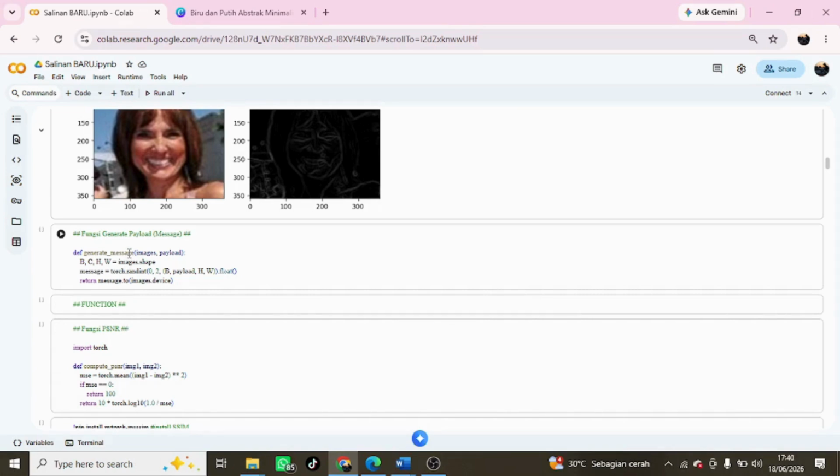This function produces a binary tensor whose dimensions depend on the batch size, the payload size used, and the image size. For example, if a 2BP payload is used, a message tensor of size 2, 360, and 360 will be generated for a single batch of 360 x 360 pixel images. Meanwhile, if a 4BP payload is used, the message tensor size becomes 2, 4, 360, and 360.